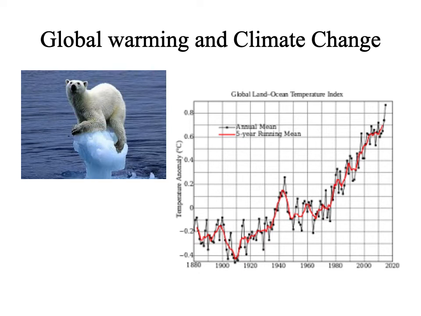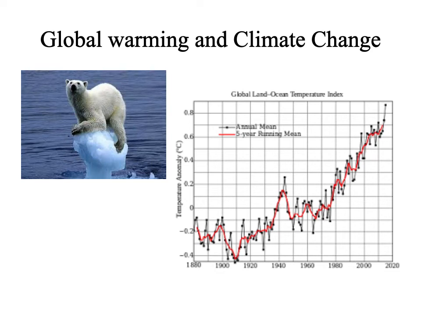Now you can see that from 1880, the temperature has gone up by 1 degree centigrade by 2010 or so. This 1 degree centigrade increase in temperature is very serious because it is contributing to various